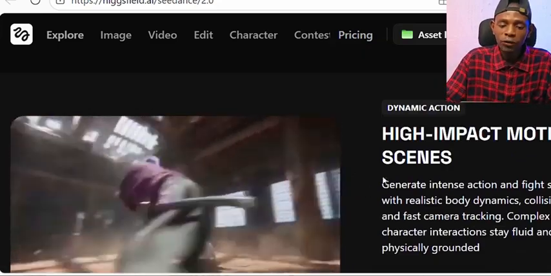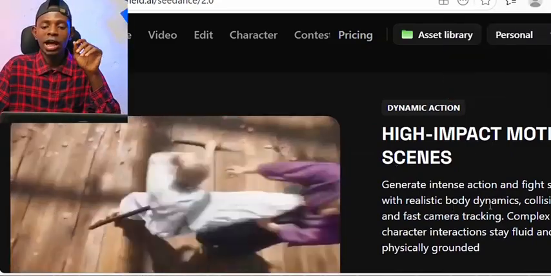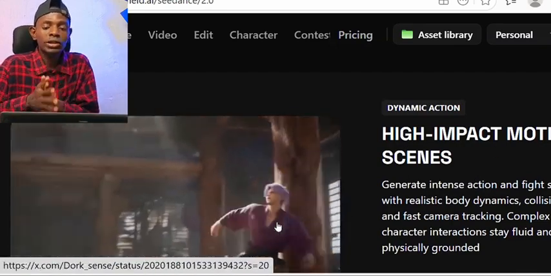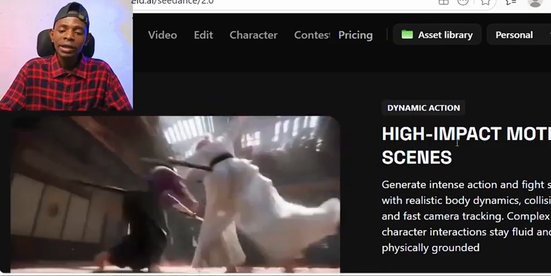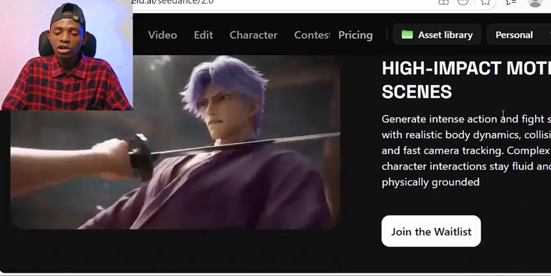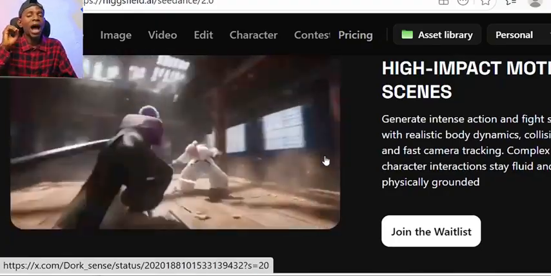Now, if you are the kind of person who likes dynamic action, as you can see here, if you want to create an action movie, you can also use this. As you can see, high impact motion scenes. Say, generate intense action. Now you can see a lot of things that Higgsfield is bringing to us this time,